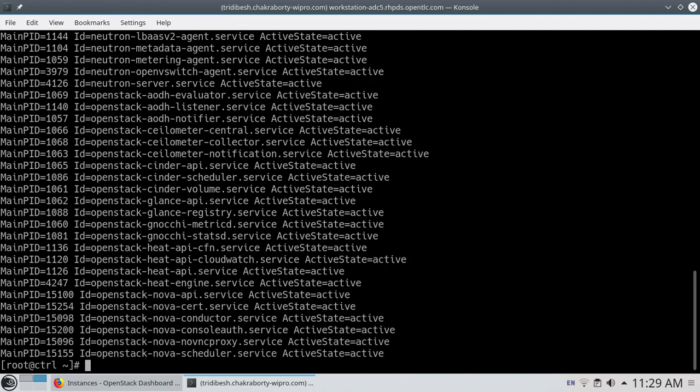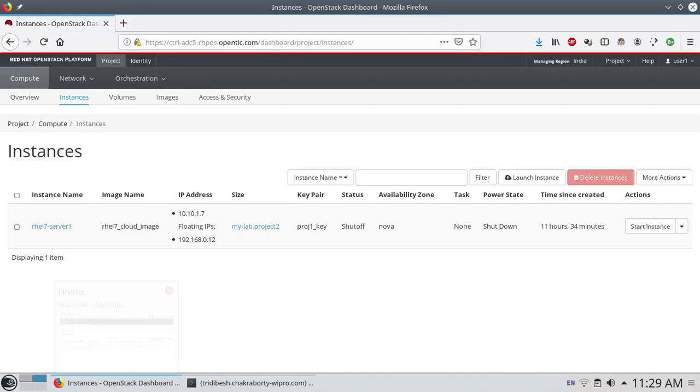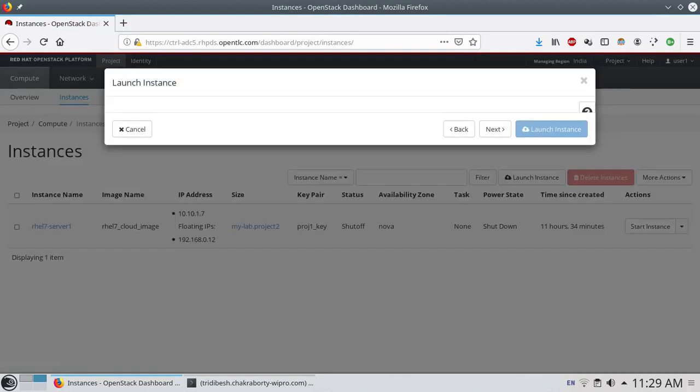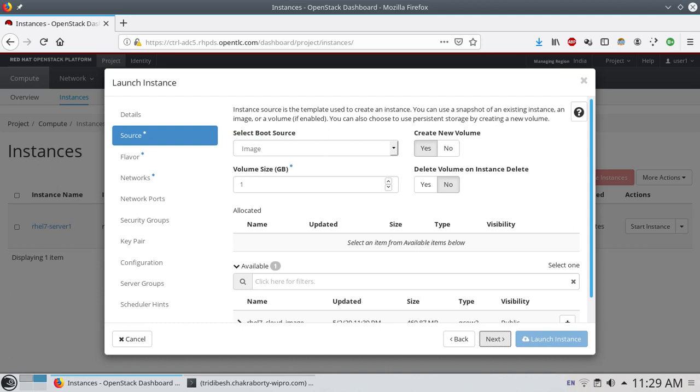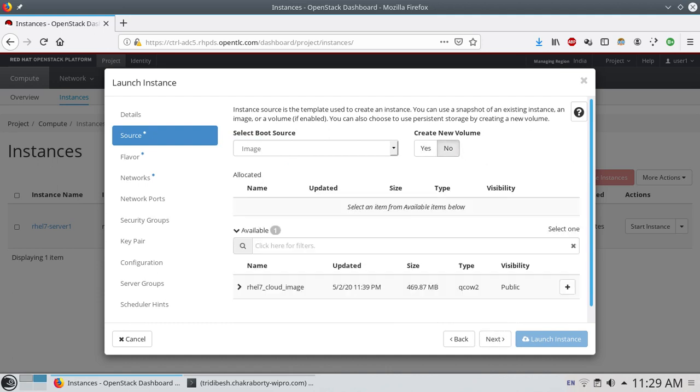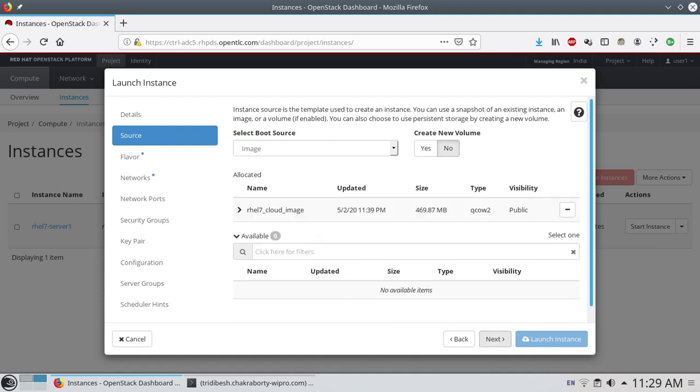As soon as this is done, you go back to your instances and do a launch instance. We'll be using the custom flavor. Let's name it RHEL 7 SSD. Then we'll go to the next step, select the image, and select this particular image, RHEL 7.